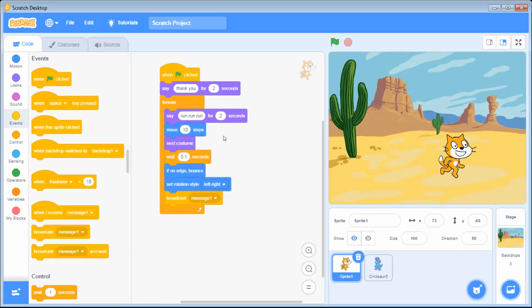Agam, go and click on this backdrop. No, the stage backdrop over here, on the right hand side, where I'm marking with the red. Can you see it?